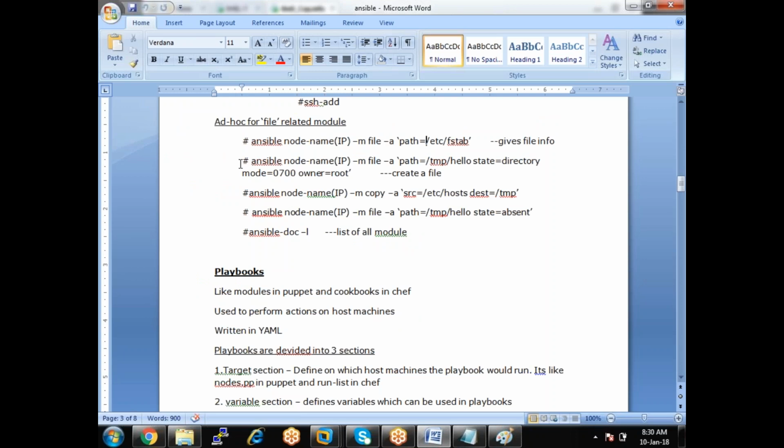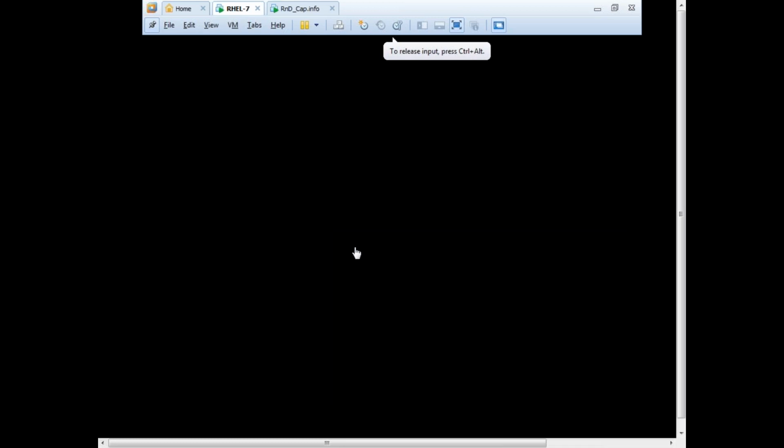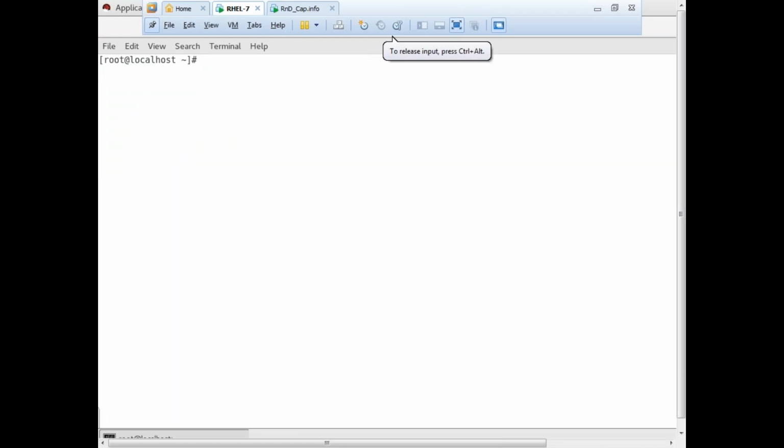But if you want to create a file or directory, what can you do? So here, Ansible IP address, then hyphen m, file. I want to create a file. Hyphen a, path is equal to the location where you want to create a file. So in dir1, mention the location. In dir1, I want to create some file called info.txt file,